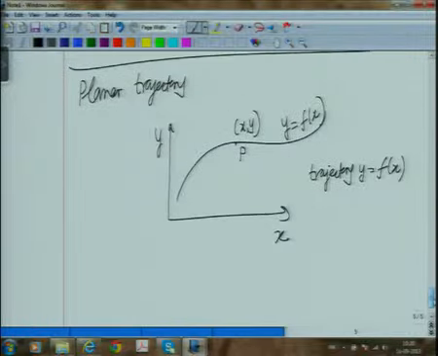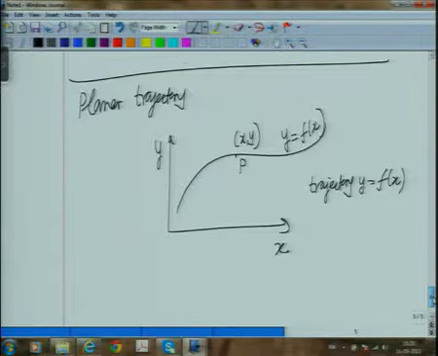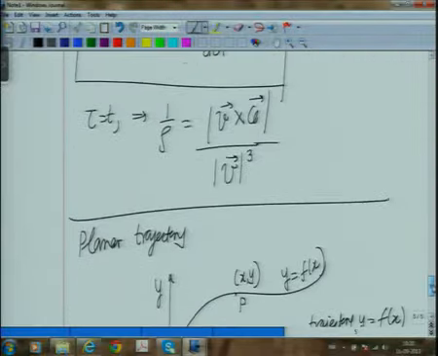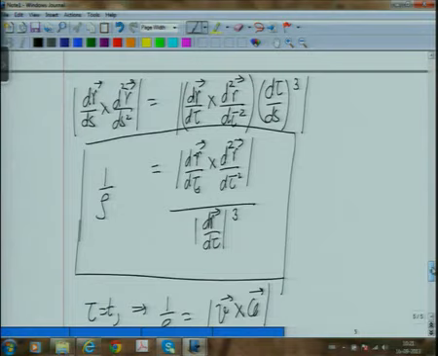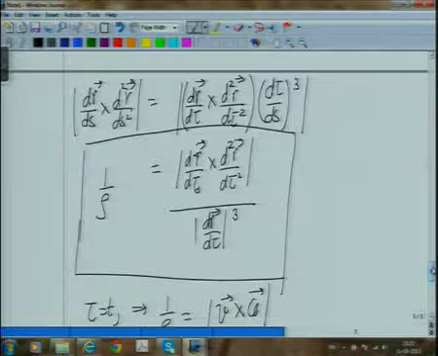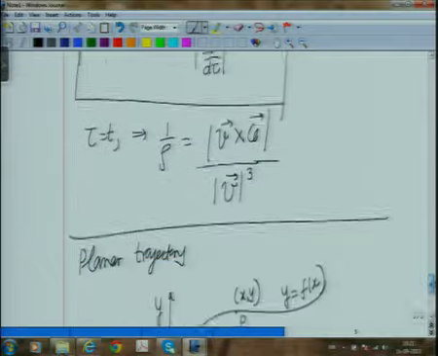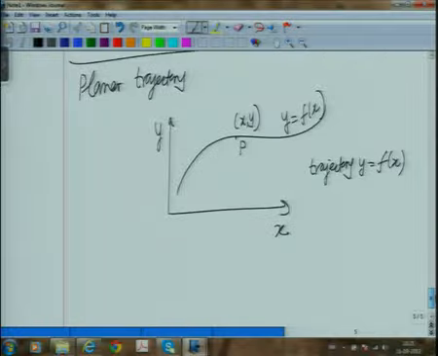Now notice how I will approach this, because this is the basic way. If we have to find the radius of curvature here in terms of derivatives of y, then I know the path in terms of x. I have to use the formula 1 over rho is equal to magnitude of dr by d tau cross d2r by d tau square divided by magnitude of dr by d tau whole cube. Now let us see, that is the basic formula. So let us write